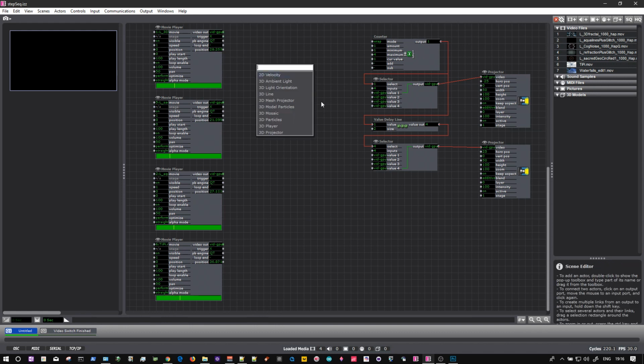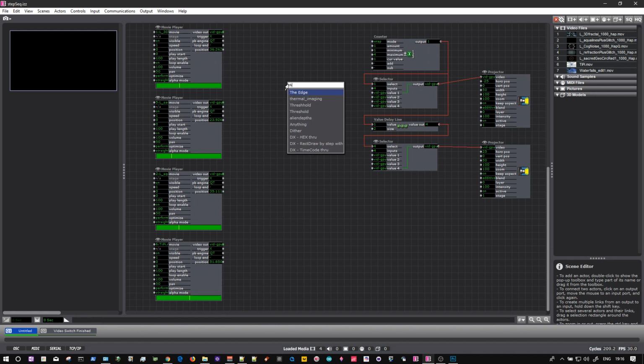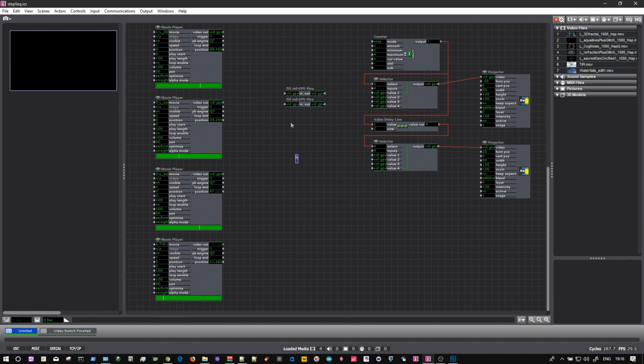I'm going to introduce a little trick here quickly, just because I can, and because it'll save me a little bit of linking. I'm going to introduce a few of these little user actors that I create. I've made for every type of media or every type of data there is in Isadora a through actor, which allows me to create little junctions. So now what I can do is connect each of these to the input of these through actors and connect the through actors